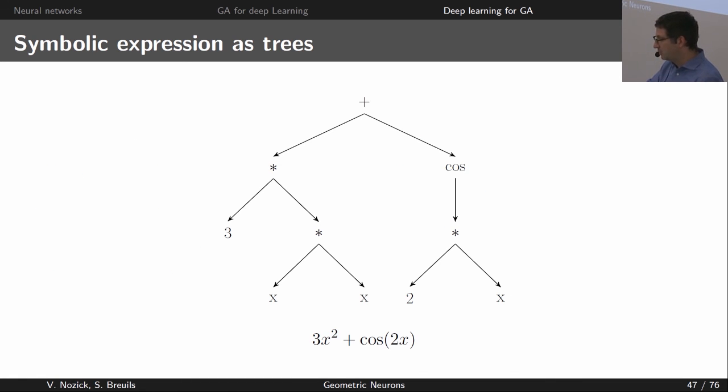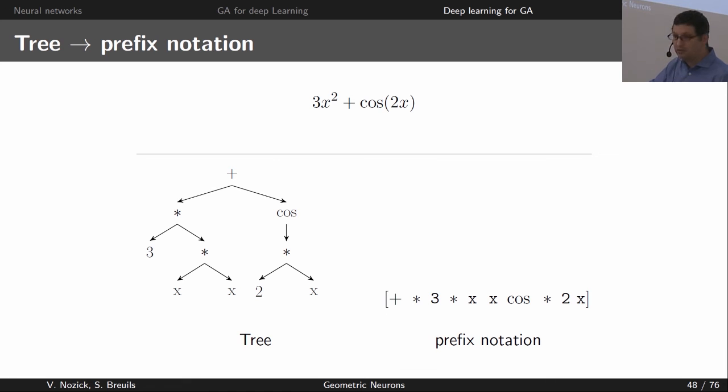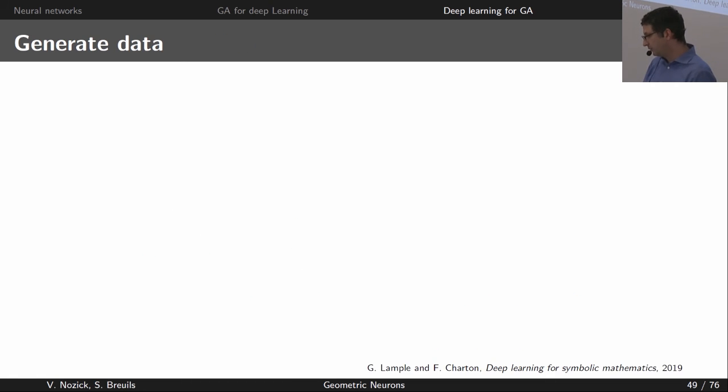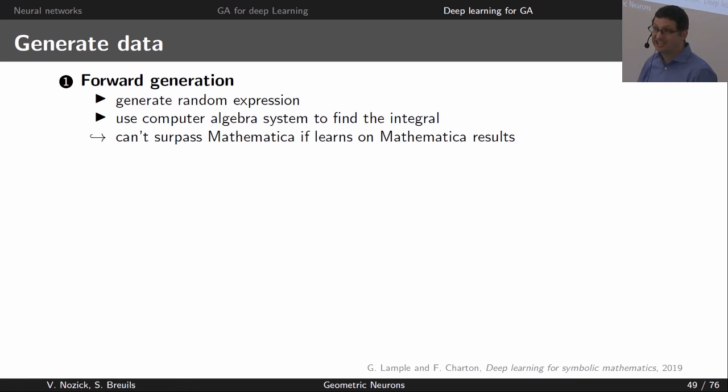So here, a very good way to have a random expression is to make a tree. Each node is an operator, each leaf is a number or variable. So you can just make this kind of tree, and randomly it works super good. And then once you have your expression, you just convert it to prefix notation just to get a string. Okay, so this is not ambiguous, and you get this. So when you get this, what you can do is generate data.